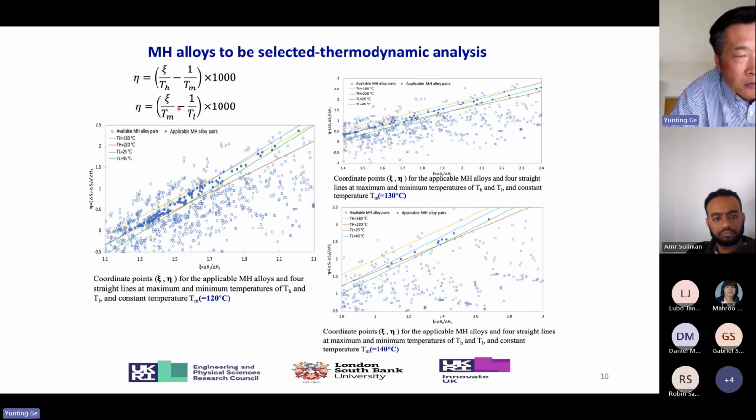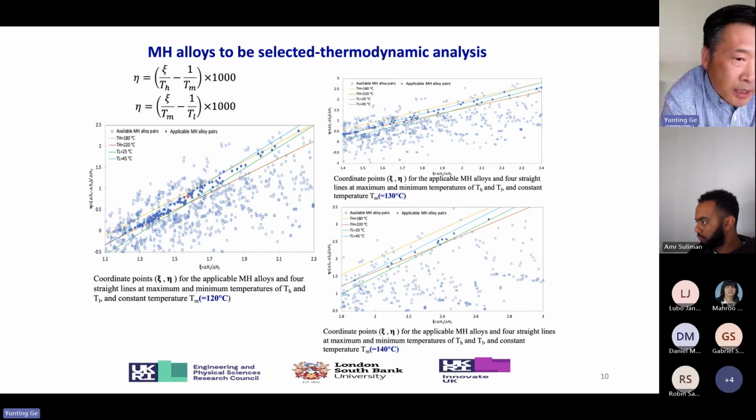Similarly, using this formula with the constant Tm, we can have two values of TL. One is 22, and we can draw one line here, the green line, and this is a blue line with temperature TL 45. So these four lines are drawn in the same diagram. You can see the solid circles are enclosed by these four lines. These can be applicable metal hydride alloys to be used in this metal hydride heat pump